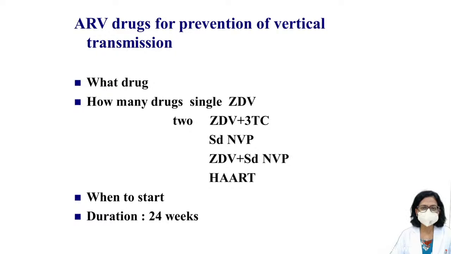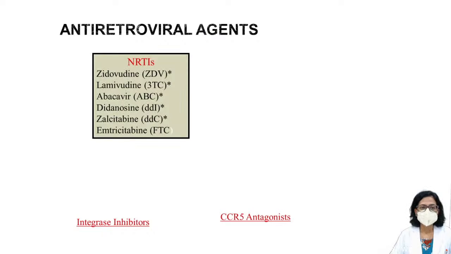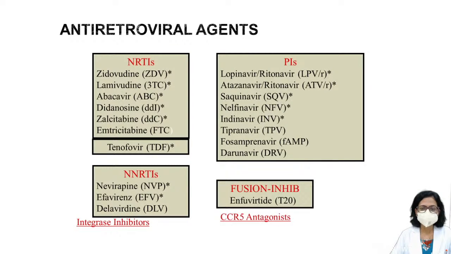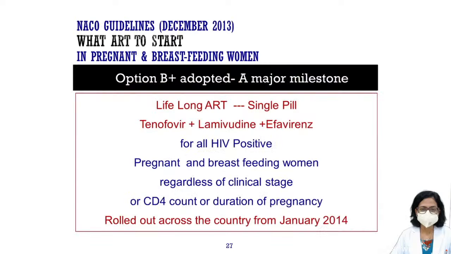Following that, there have been many studies which looked at what drugs to use, how many drugs should be used, when to start, and what is the optimum duration of antiretrovirals which should be given in pregnancy to be effective. We have different classes of antiretrovirals, and the commonly used drugs in pregnancy are NRTIs, NNRTIs and PIs. NACO has adopted the WHO guideline for option B, that is lifelong ART to all HIV positive pregnant and breastfeeding women regardless of clinical stage or CD4 count, given throughout pregnancy